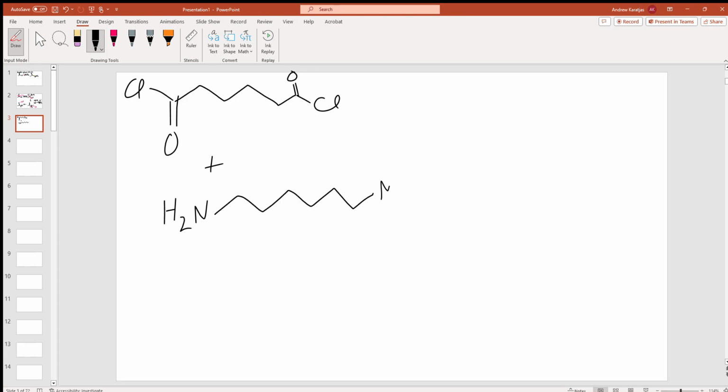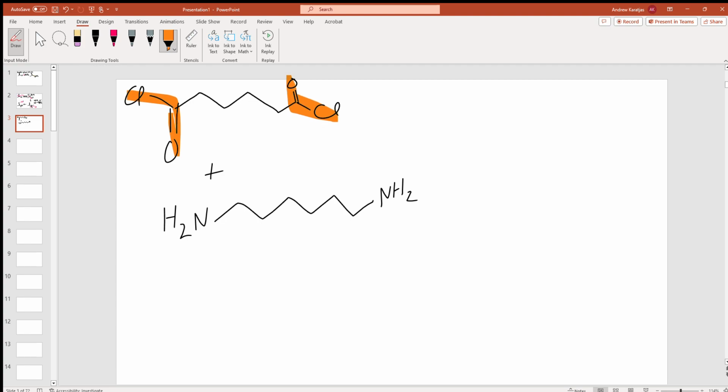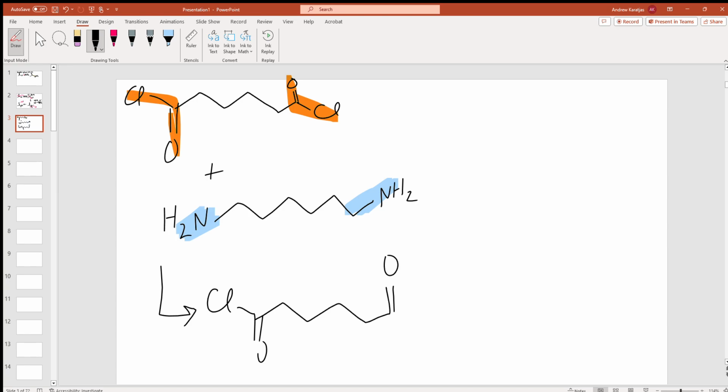But in this application, notice that our carbonyl compound has acid chlorides on both ends. Our amine is a diamine with amines on both ends. So that means when they react, and these two compounds react pretty much instantaneously when you mix them together,